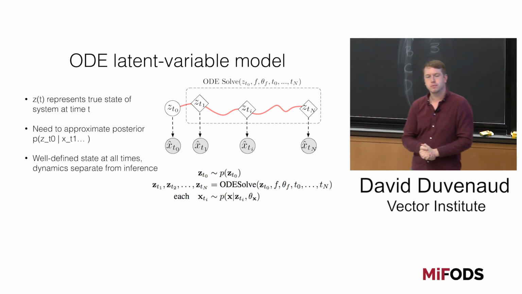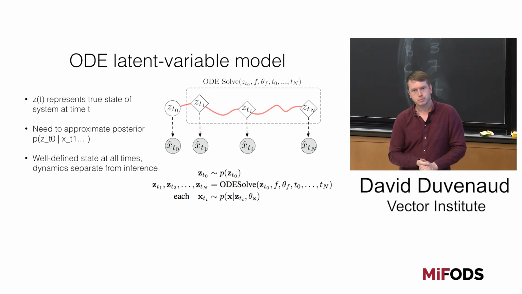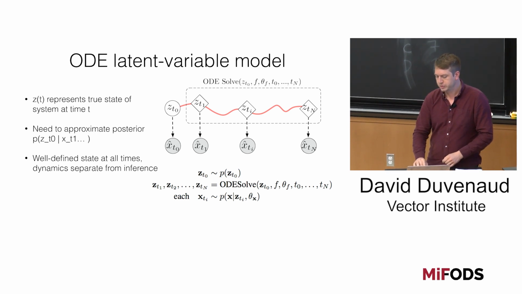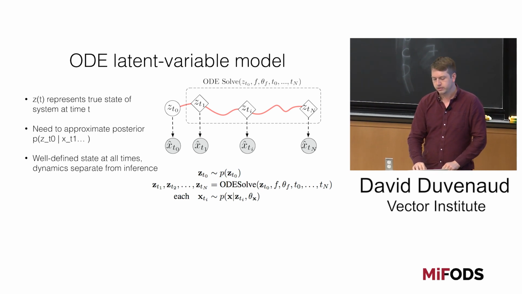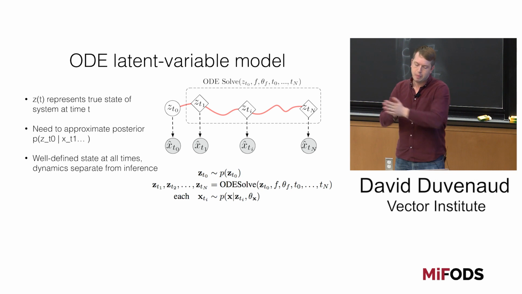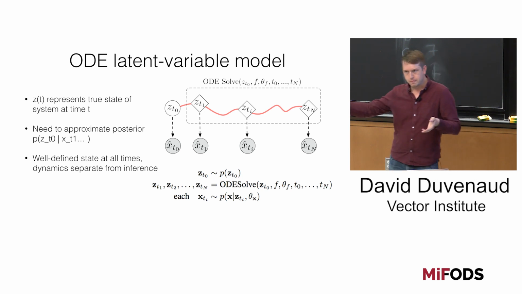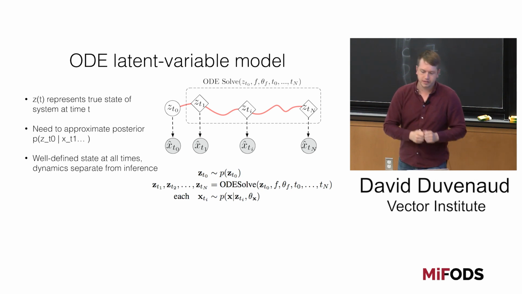Yes? You model the distribution of z at t0, and then you're transforming it by this nonlinear transformation given by the ODE. Do you have a representation of what the probability looks like as a random variable? That's a good question. So the question is, if we have z of t0 and a distribution over it, and f, what's the distribution over z of ti? Well, conditioned on z of t0, it's just a delta. It's a deterministic thing. If z of t0 is still uncertain, then yes, we will imply a distribution over z of ti.